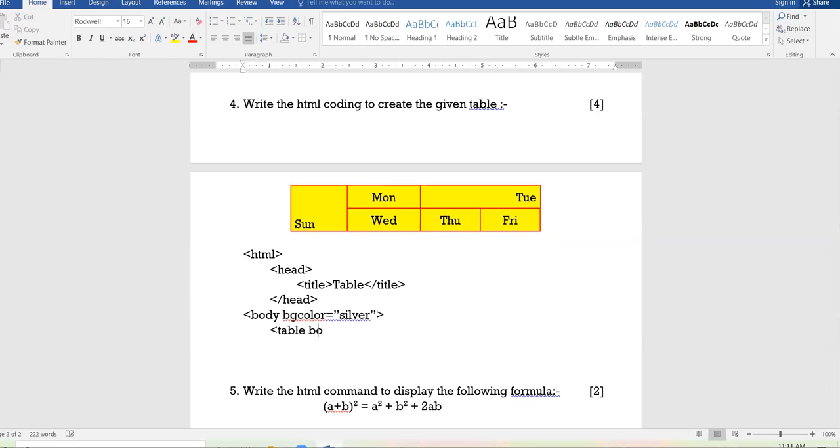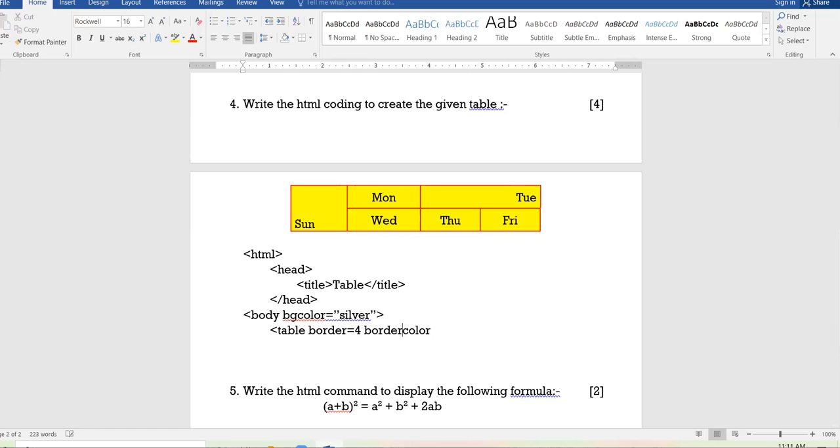Table border equal to, I am taking 4, bordercolor. Now I have cut marks where students have written border color giving space in between. If there is space in between, then I have to cancel half a mark, because in an attribute name space doesn't come.